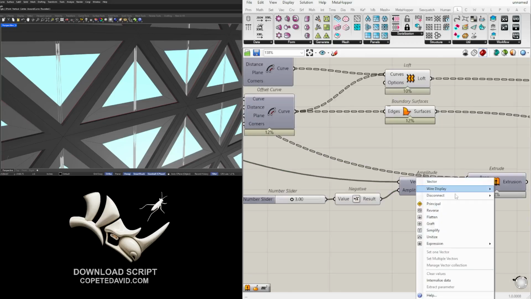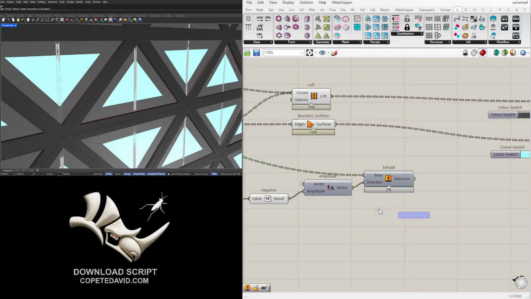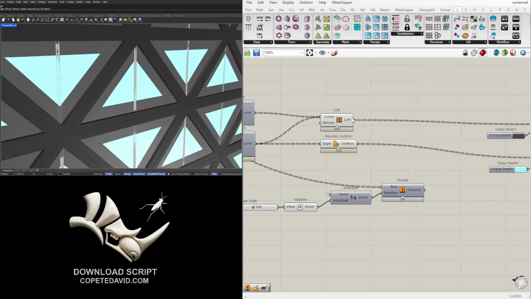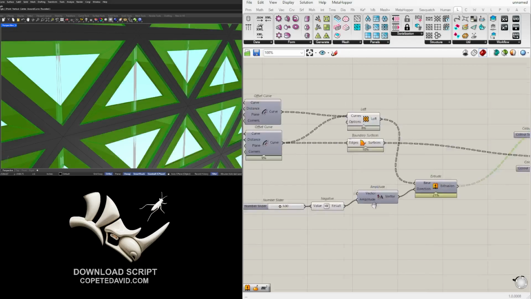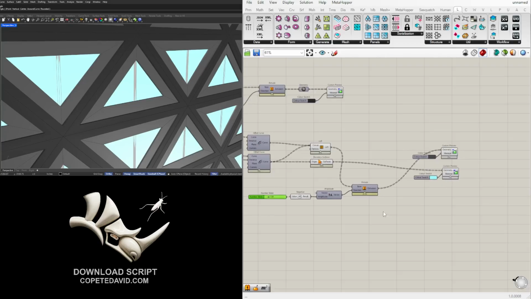The vector we can keep. We'll just hide the wire display for the input so we don't have it going crazy here. And then we can extrude the loft and now override the input. For this one, it's going to be a little bit smaller. So we'll just do 1.5